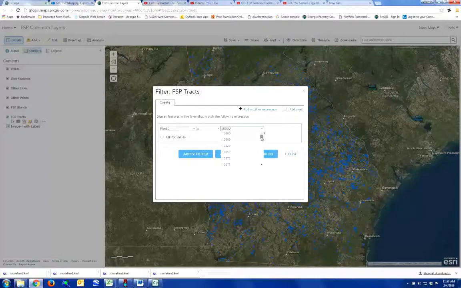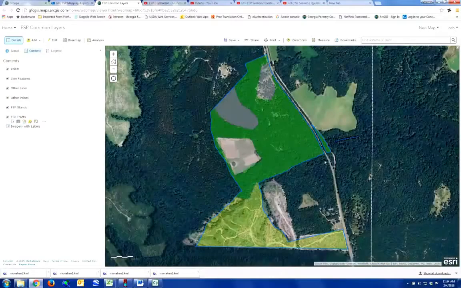which is why it's so important to include that in the attribute table, and also make sure that it's accurate. We could just type this straight in and it would work the same way, and when you click unique, it gives you every unique plan ID value within the database, so you can scroll around and locate it that way. When you apply this filter and zoom to, it should zoom into the tract, and you notice